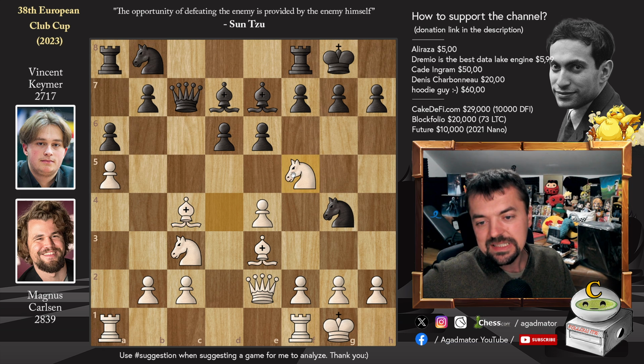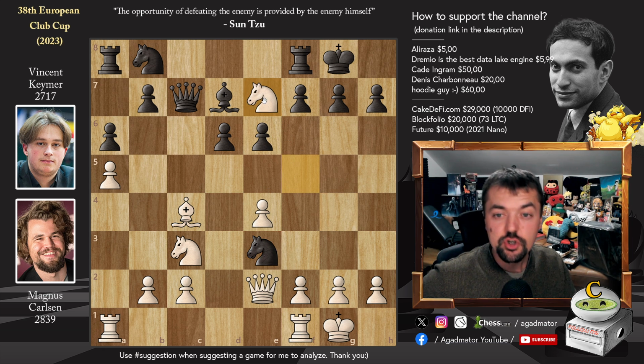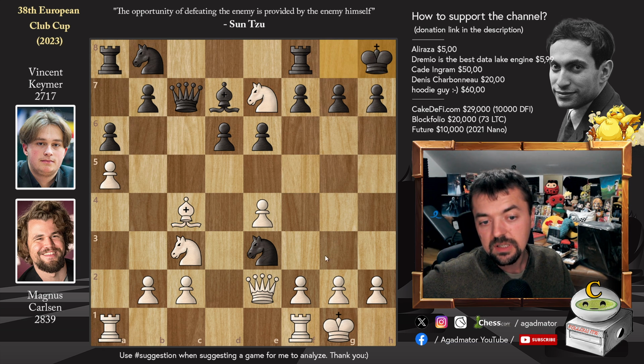Now, what's the idea behind knight to f5? Well, black just can't do anything weird. Like if you play knight captures on e3, then knight captures on e7 already comes with check. So first you have to tend to that, and after the king moves, you're going to play f captures on e3. And now, you have to attack the knight, otherwise you're just down a piece, so you have to